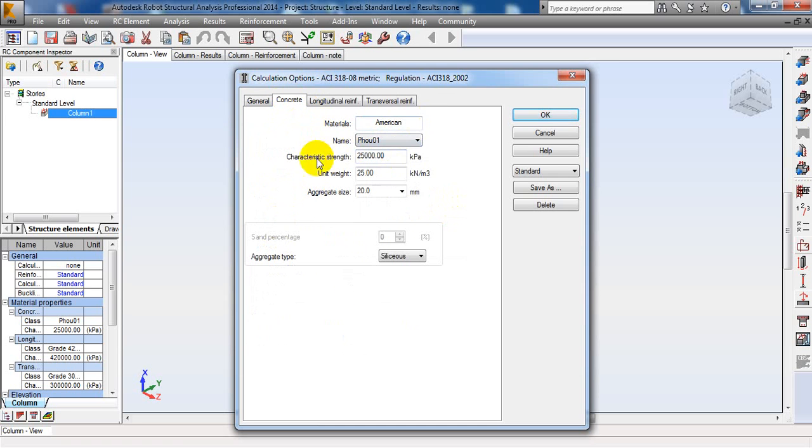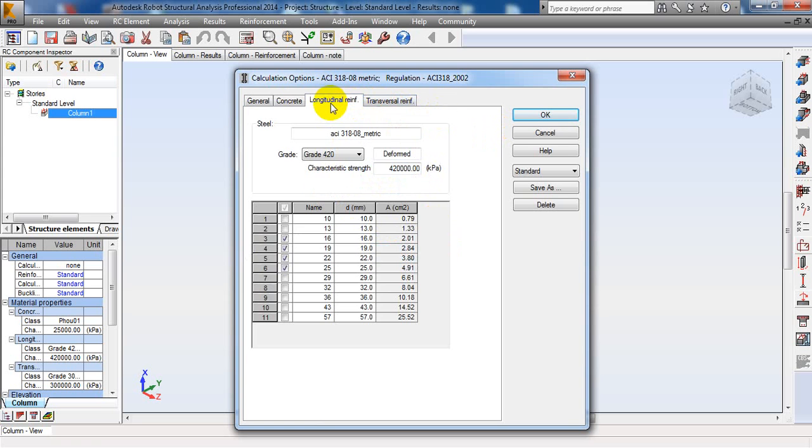Yes, in the concrete I choose the name that I built already, and the characteristic strength of it is 25,000 kilopascal, and unit weight 25 kilonewton per cubic meter, and aggregate size is 20 millimeter. Yes, and move to